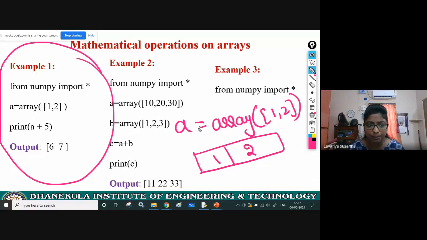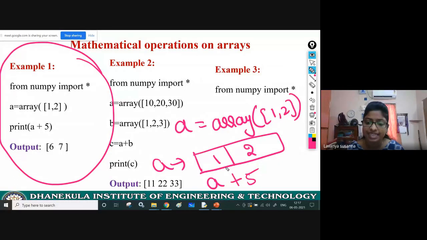Now see here, A plus 5. If you are applying an addition operation like this, A plus 5, now A is a variable, an array object, that contains 1 and 2.